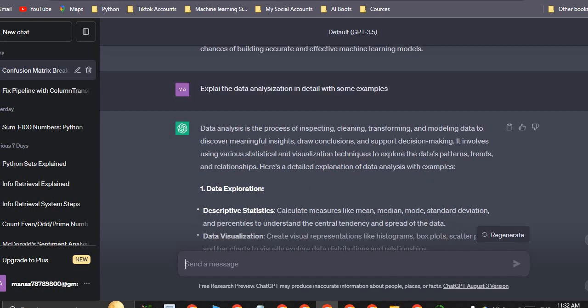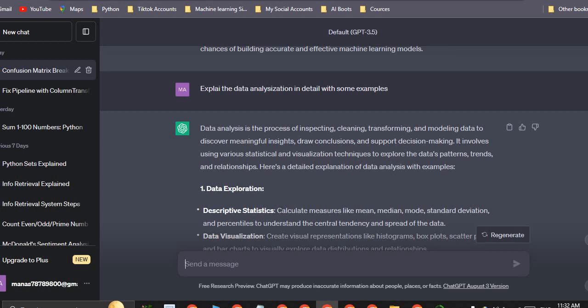Data analyzing is the process of inspecting, cleaning, transforming, and modeling data to discover meaningful insights, draw conclusions, and support decision making.